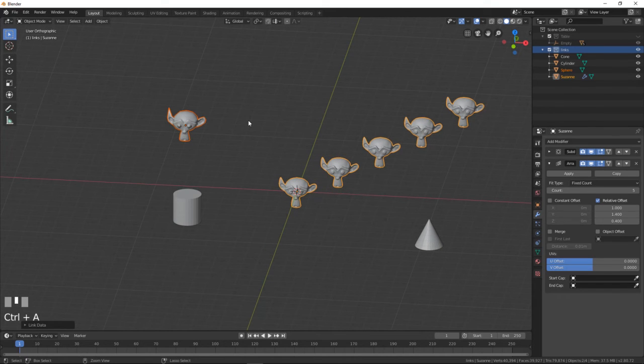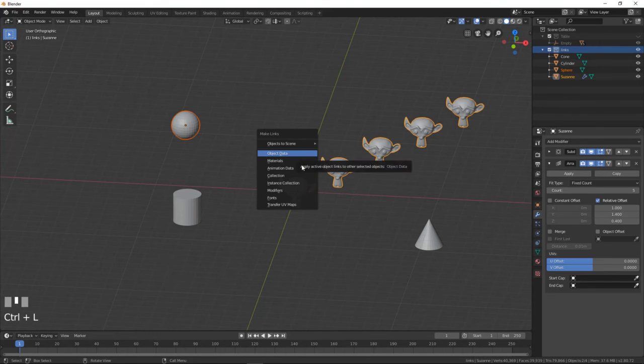I make Control Z just to come back and show you other examples. So it's possible to do it with animations, if you did put an animation data into your object, or to put collection, but yeah, this is not really useful because you will just put it in the same collection and it will work. You have the possibility to use fonts for your text if you have several text with the same font, for example. And you have the modifier and you have the material,